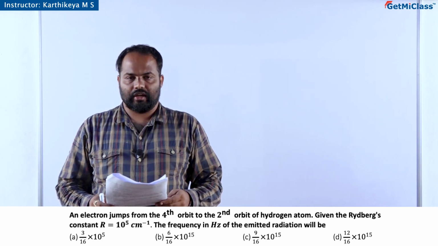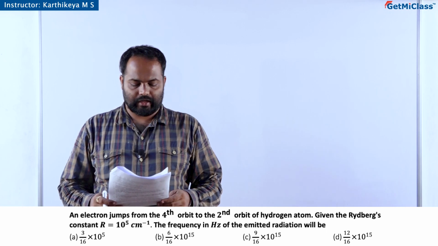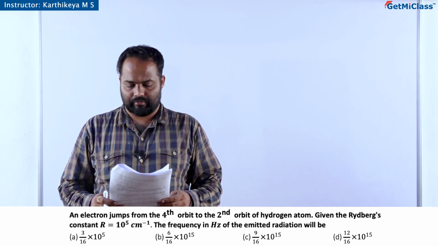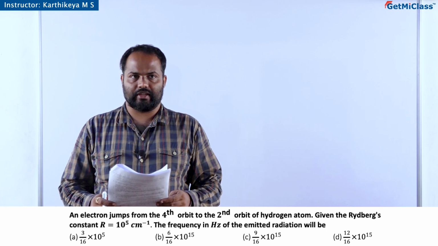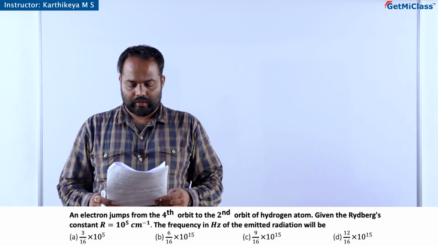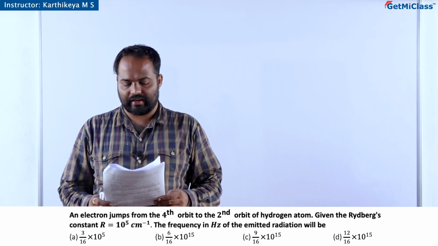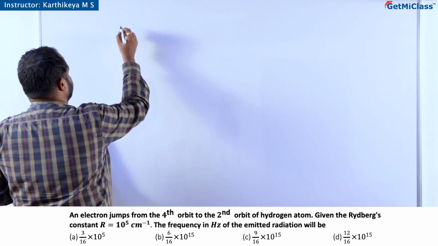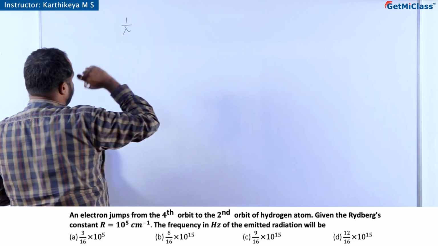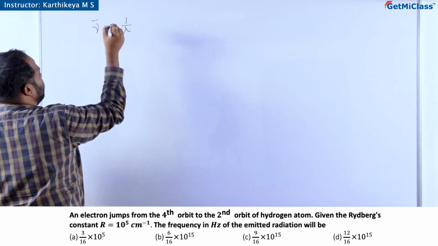An electron jumps from the fourth orbit to the second orbit of hydrogen atom. Given the Rydberg constant R is equal to 10^5 per centimeter, the frequency in hertz of the emitted radiation will be. So, here the formula for transition of electrons, that is wave number nu bar is 1